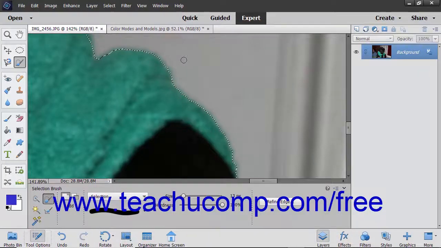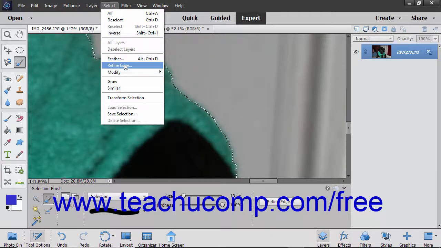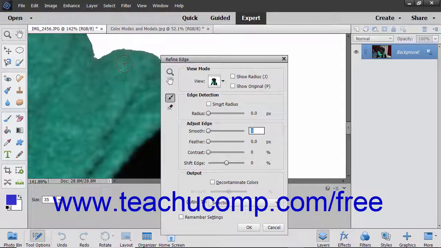www.teachucomp.com/free. After making a pixel selection, you can refine the edge of the selection by choosing Select, Refine Edge from the menu bar, or by clicking the Refine Edge button in the Tool Options bar to open the Refine Edge dialog box. The tool buttons at the left side of this dialog box help you adjust the pixel selections you